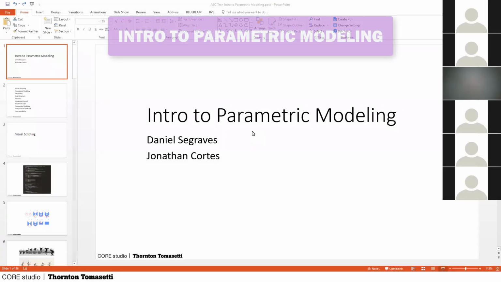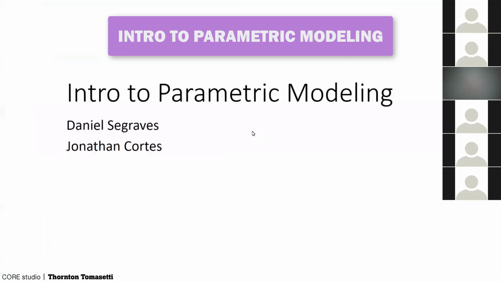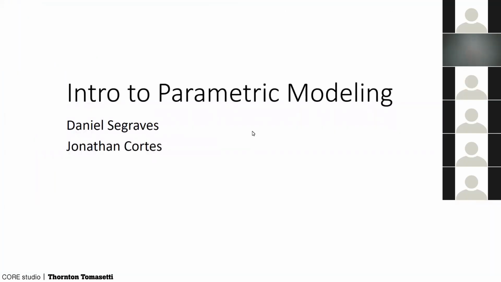Okay, intro to parametric modeling. And this is also, in disguise, an intro to Grasshopper at the same time, because that's sort of the standard